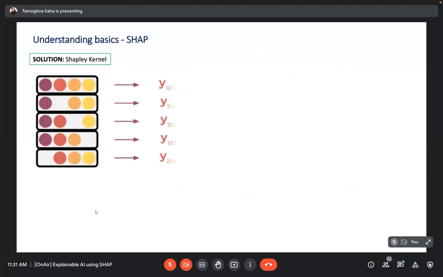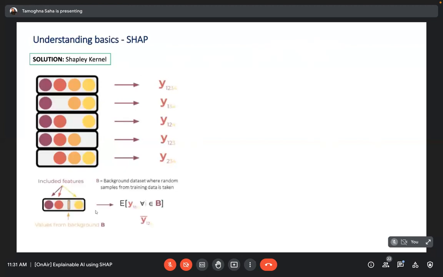So think of a sample of records that you have taken, where any one particular feature is getting missed out, okay? And you're getting the corresponding ground truth output associated with it. So as we skip or remove any one particular feature, we're going to fill those out with random values, right?